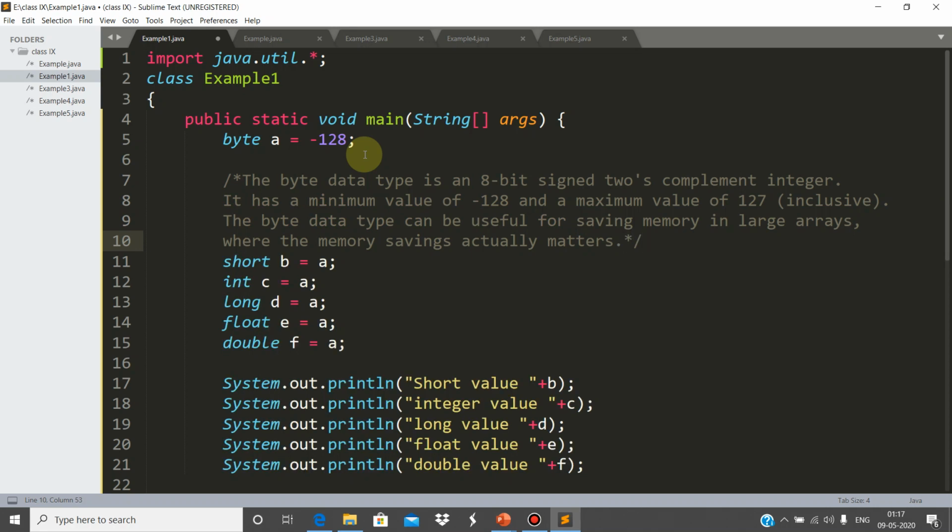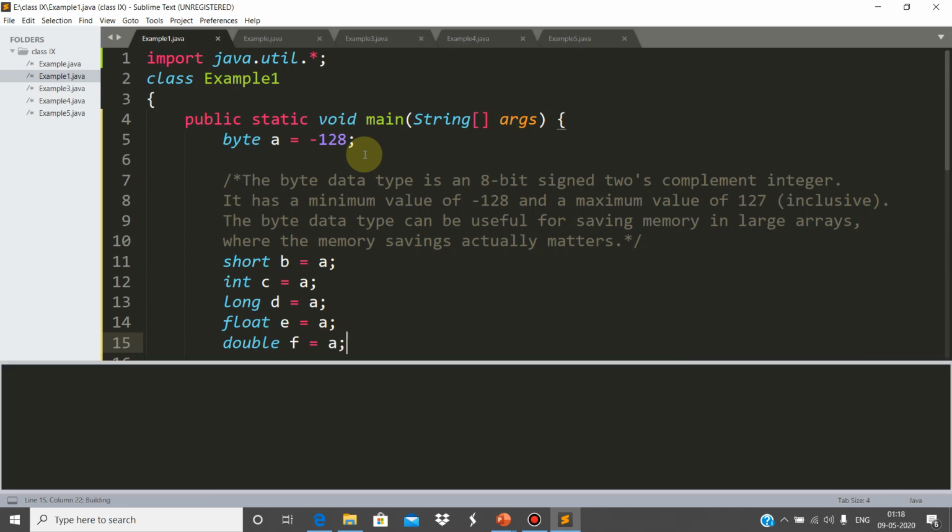And now see, I have taken a byte variable a which is minus 128, and further I am converting this byte to short, then byte to int, byte to long, byte to float, and byte to double without any user intervention. It means the compiler implicitly converts this byte to these various types.